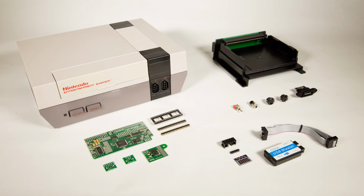And here are the parts I'm going to install. What you see here is the NES RGB Kit designed by a brilliant Australian electrical engineer named Tim Worthington. His kit uses the original PPU, or Picture Processing Unit, from the NES to produce S-video and RGB video. To its right is a socket and some pins we'll use later, and below it are some circuit boards for